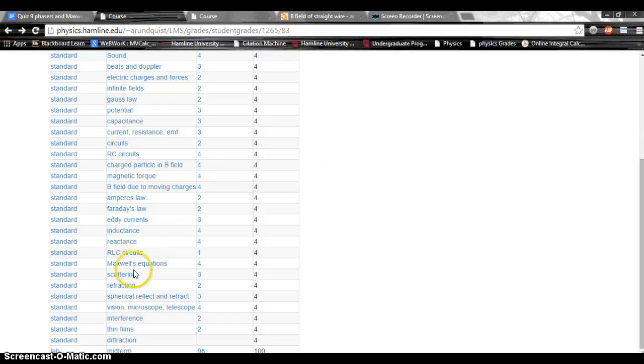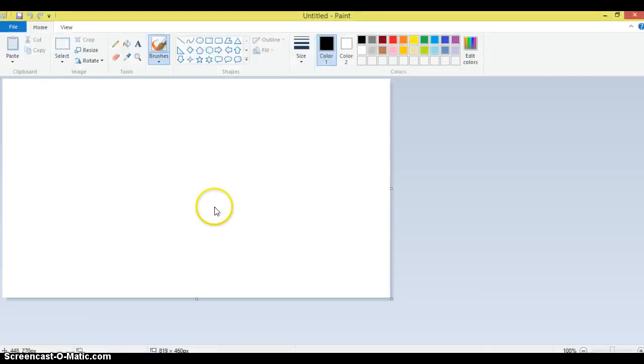Alright, so today I'm going to be doing the standard of interference. As you can see, I have a 2 there, so I would like to bring that to a 4 if all possible. So the question that I'm going to do today is from chapter 35, number 5,